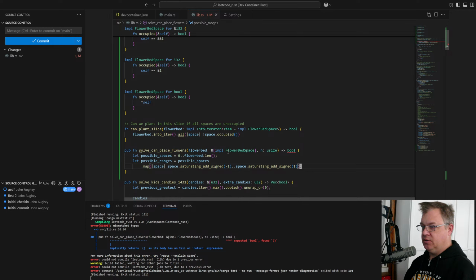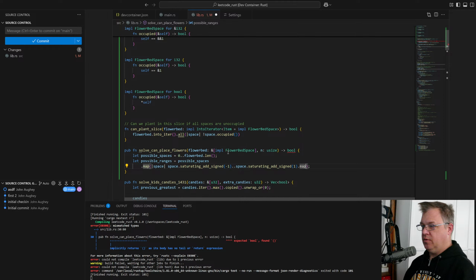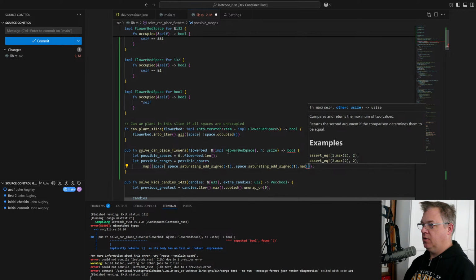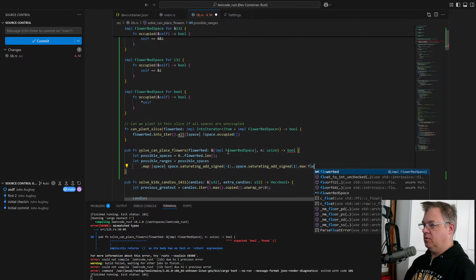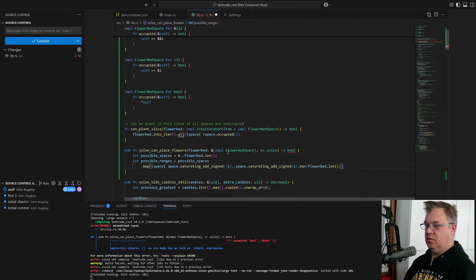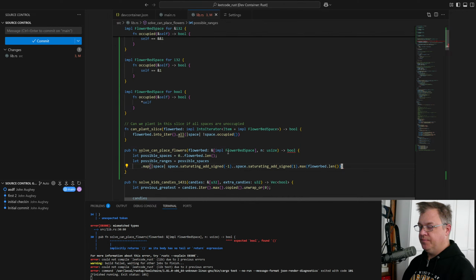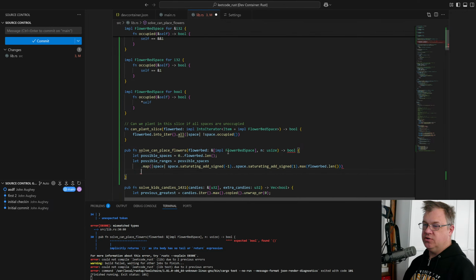Nice. We're going to go to max of that and flower bed length. Whoa, hello. There we go. So this should now be all of our possible ranges.